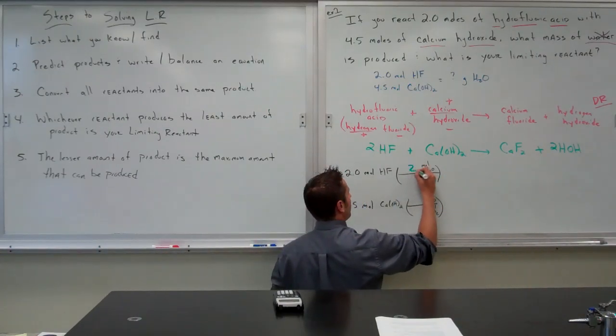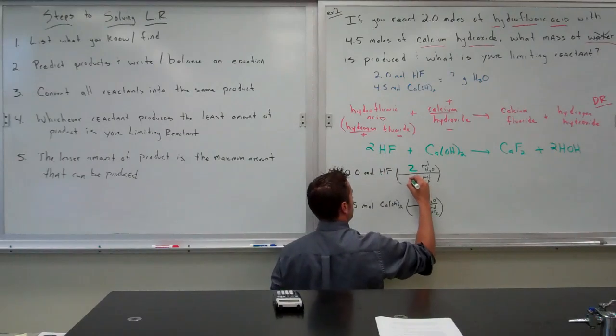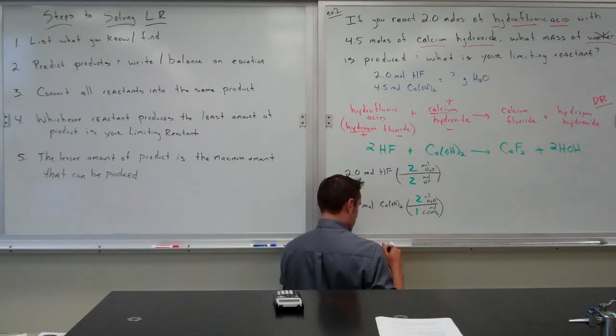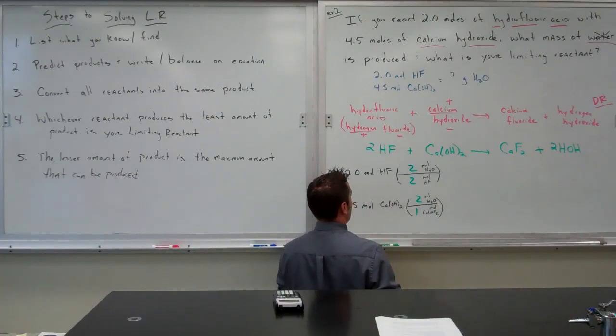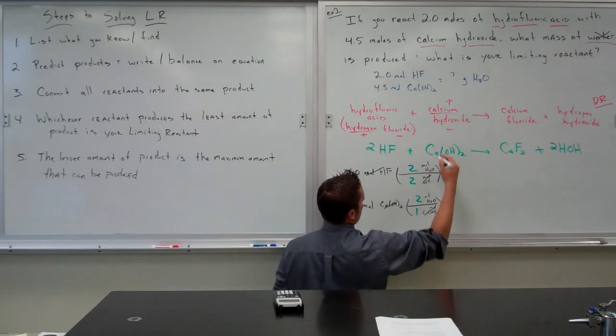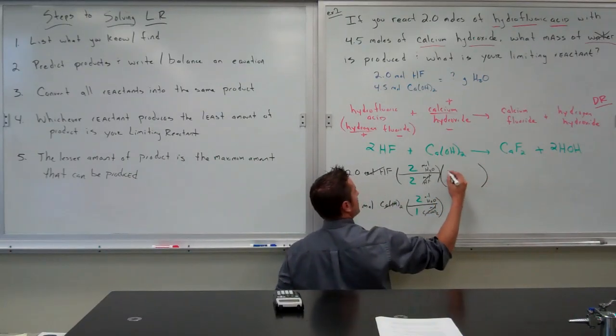H2O has a 2 in front of it. HF has a 2 in front of it. H2O has a 2 in front of it. Ca(OH)2 has a 1 in front of it. So I got myself into moles of what I wanted, but I want grams. So we do one more step